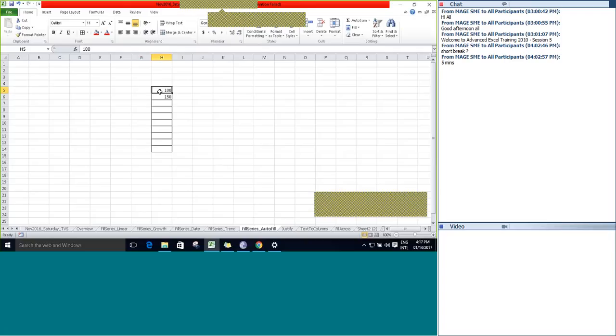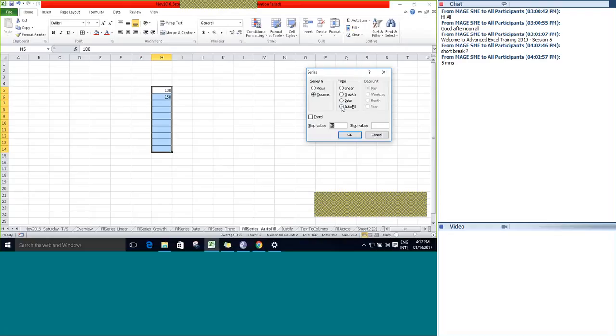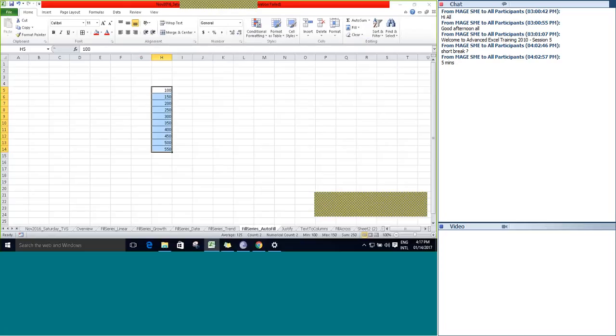And the next one is going to be fill series autofill. It is also very similar to the trend. Based on the differences available, it will calculate a string pattern.